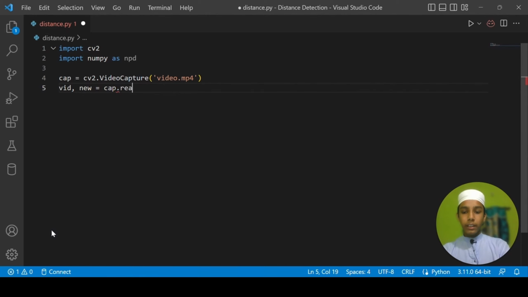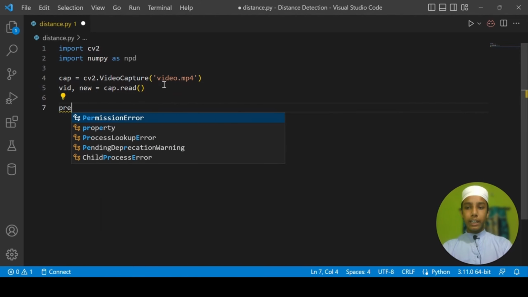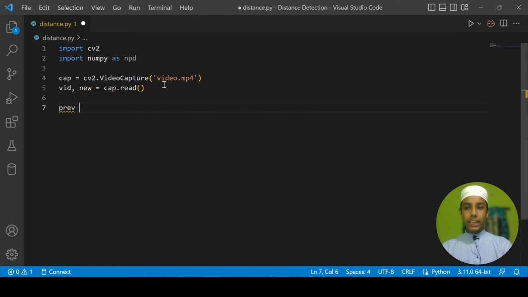Okay, so read the video. Now, the thing that I have given is I have created a variable known as cap, and in that one I am saying capture this video, and then I am saying read this video in these variables. Now coming down here, I am going to create a new variable known as previous, and it's going to